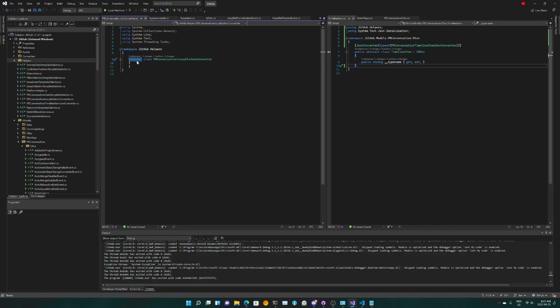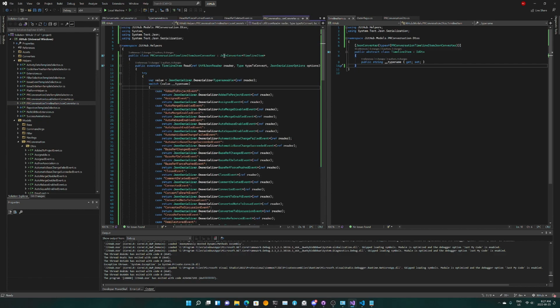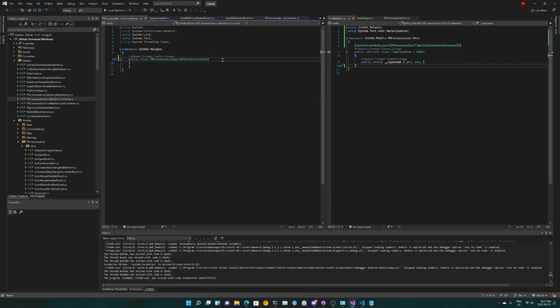And same with the other thing. So we need to basically extend from the JSON converter. All right. So, but it's gonna be issuable or issuable.